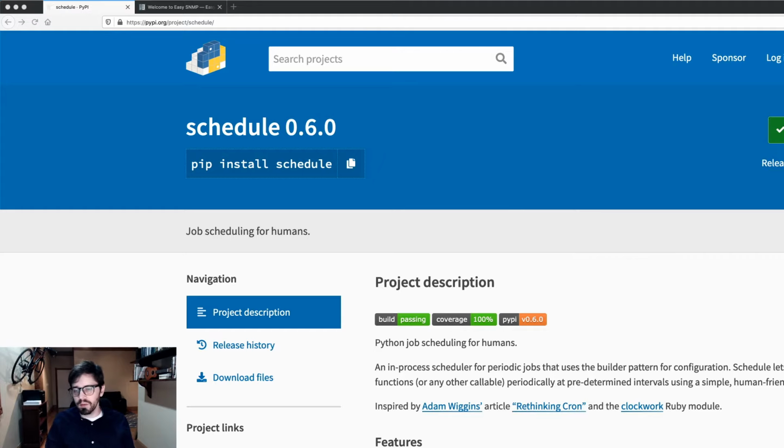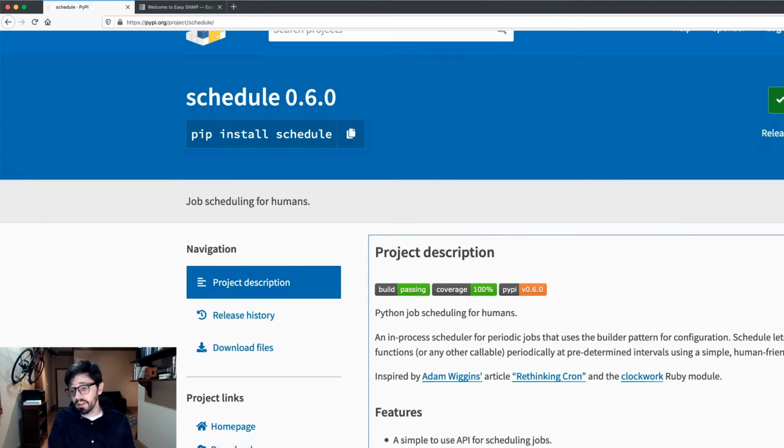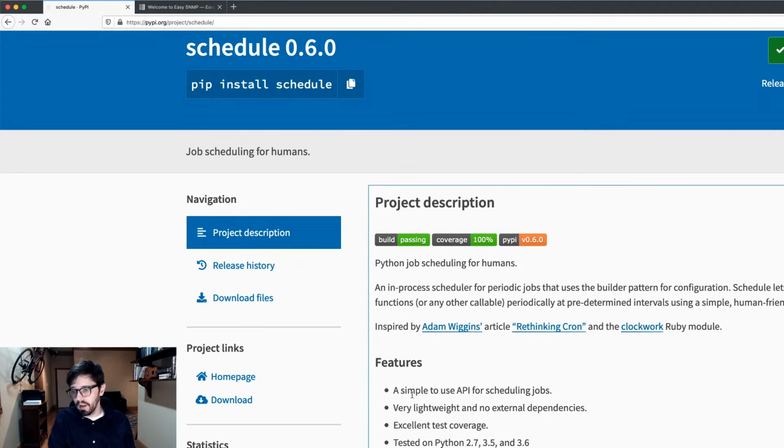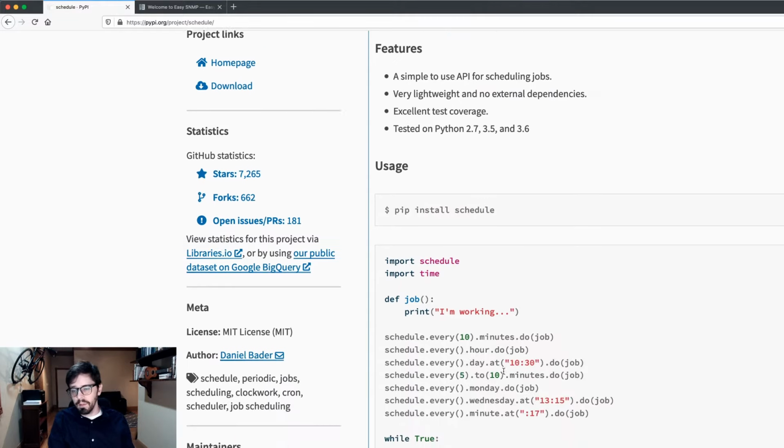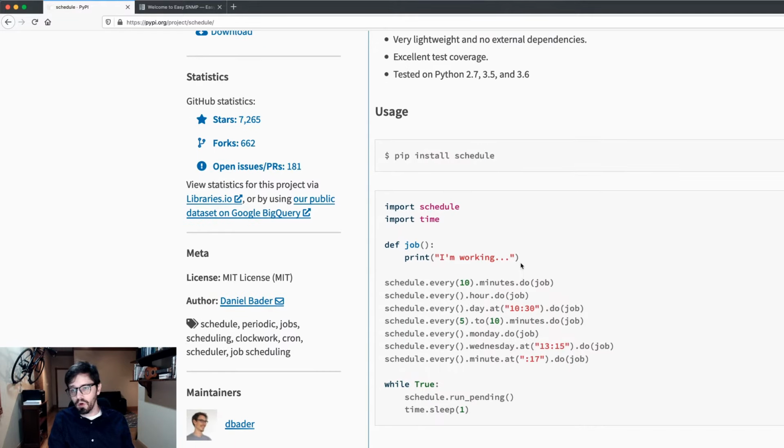So we're actually going to do some scheduling, and this is a library I like for this. It's just called Schedule, and it's a simple to use scheduling library. So all you do is we're going to have to install it with pip. So we do that, pip install schedule, within our virtual environment that we talked about. And then once you create a